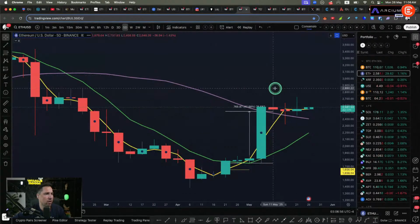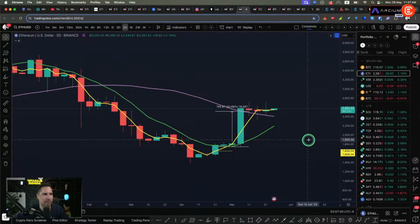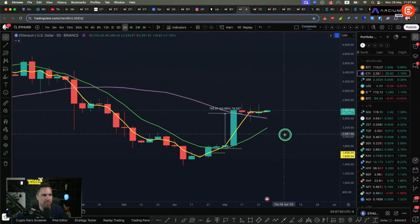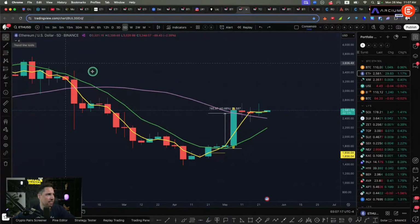If you look at ETH, it is not postured as bullish yet as Bitcoin, but it's starting to attempt to reverse this overall trend. This is following the big move that you had up over here. You're now putting in a consolidation, also known as a bull flag, right? Big move up followed by consolidation equals a bull flag. And you can pretty much work out a measured move off of that. I know this is a high time frame, but